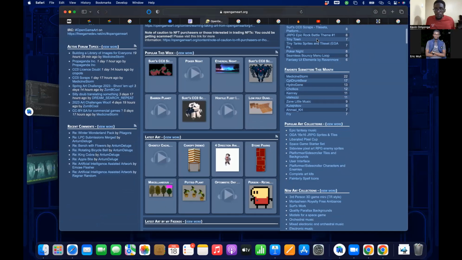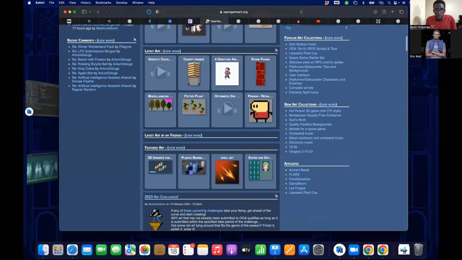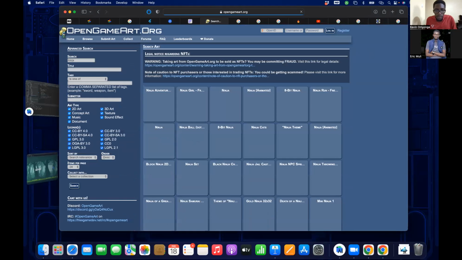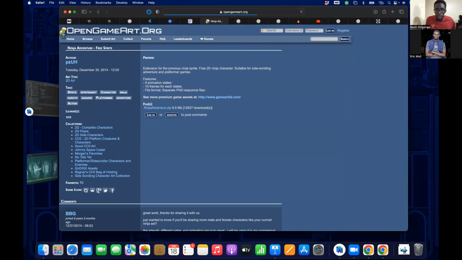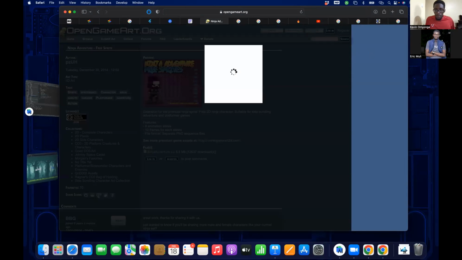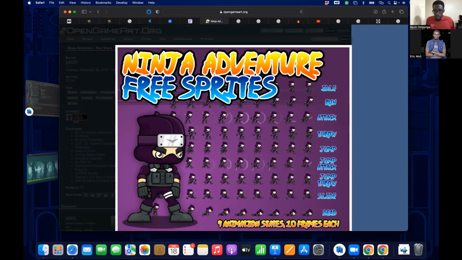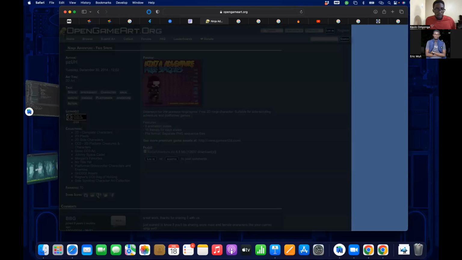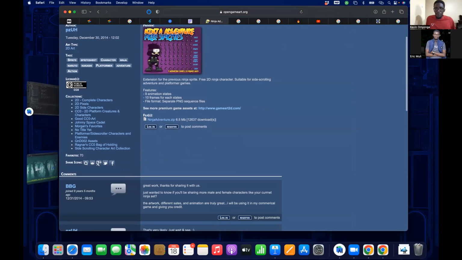One of my personal favorites is the Ninja. You can get all the sprites you need with every kind of pose. So if you want the ninja running, ninja sprinting, jumping, all of that, they provided for you. The ninja dying, sliding, attacking, all of it's available, and it's free on condition that you give attribution. But I'm yet to find someone who gives attribution. I think I'm one of the only ones.